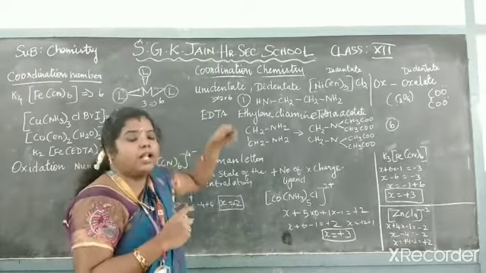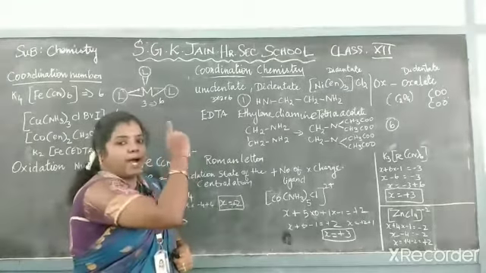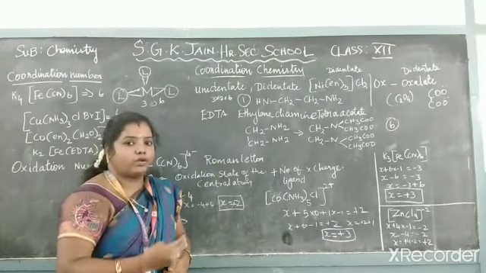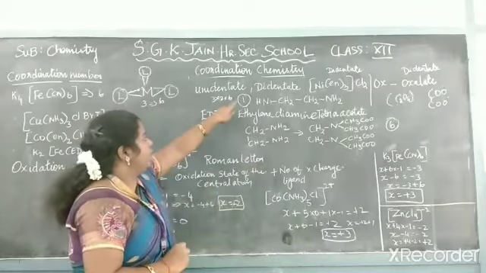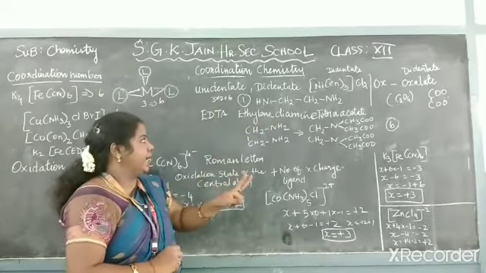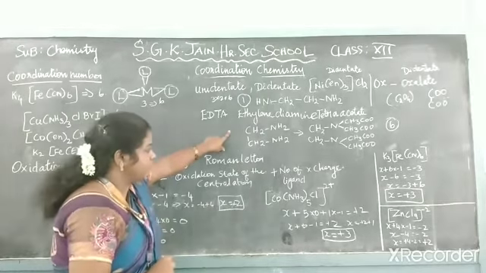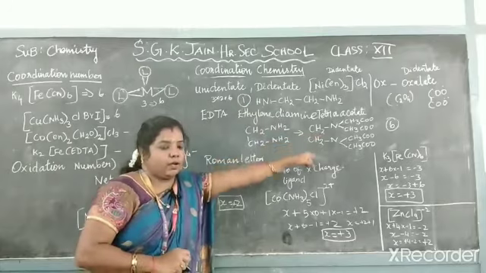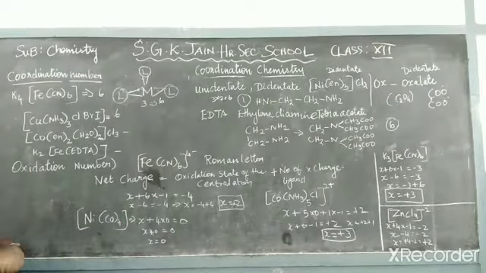Before calculating the oxidation number, you have to see whether the ligands are unidentate, bidentate, tridentate or tetradentate. Based on that only you can know the oxidation number correctly. Here ethylene diamine and oxalate are bidentate and EDTA is hexadentate. Not 6 ligands, but 6 donor atoms. Finally, you will be finding 6 only.